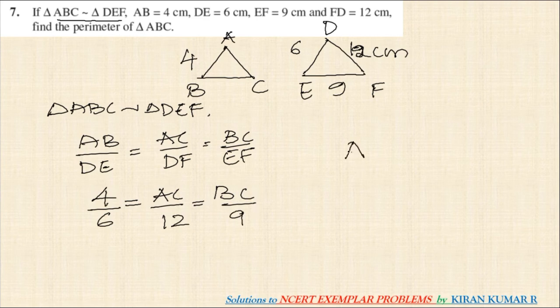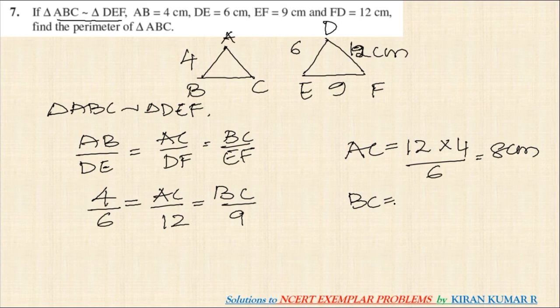Now if you consider AC equal to this part, AC will become equal to 12 multiplied by 4 divided by 6, nothing but 8 centimeter, and the length of BC will be 4 multiplied by 9 divided by 6, nothing but